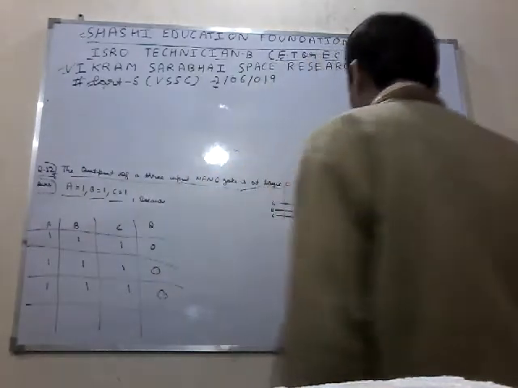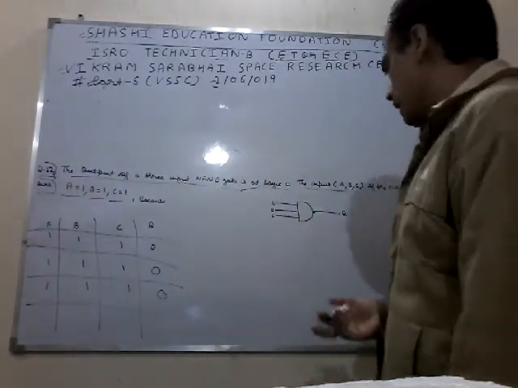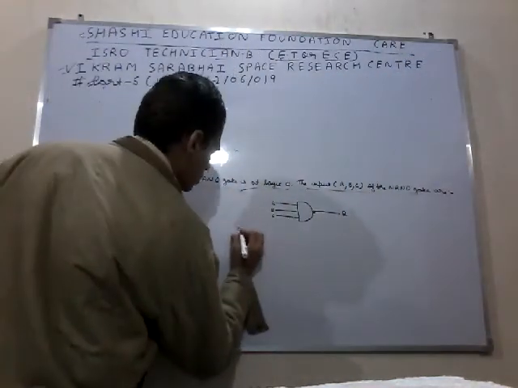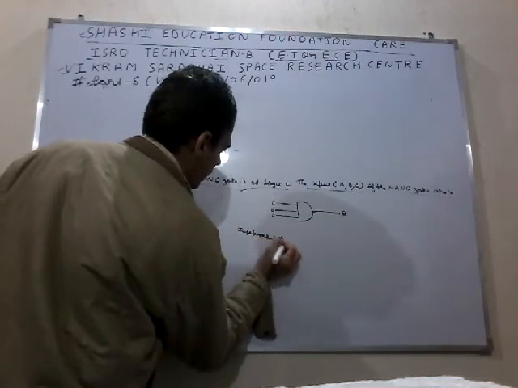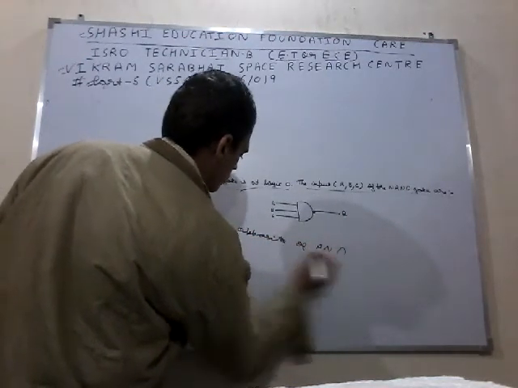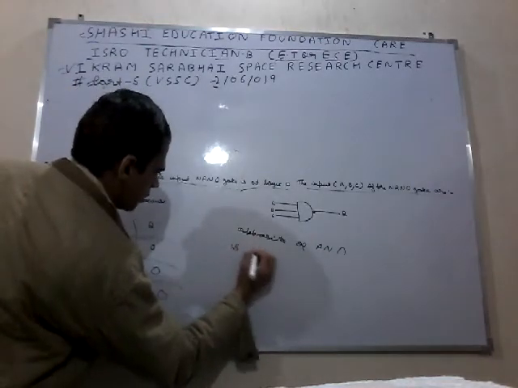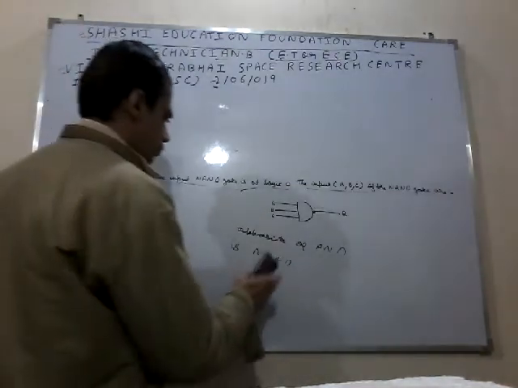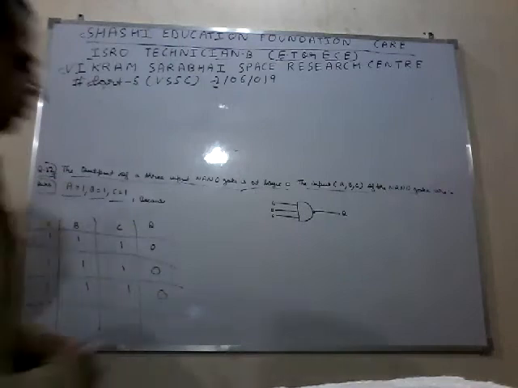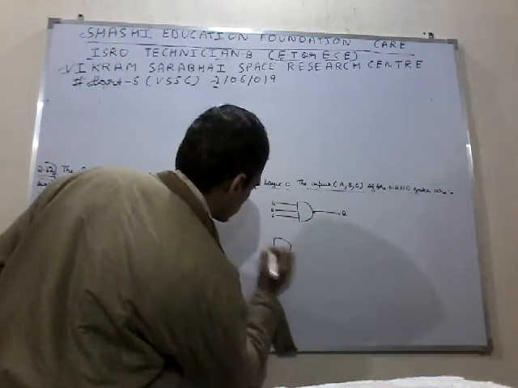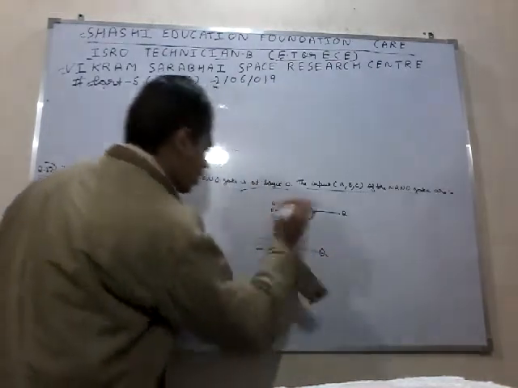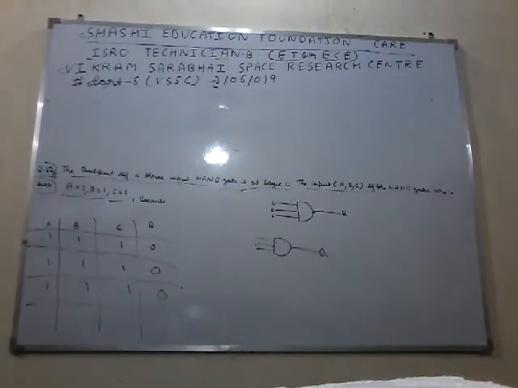All of you know that NAND is the opposite of AND. So according to the AND gate scenario, we make it simply like this: A, B, C, and there is no bubble, then the output is Q. Okay, so here, if this is a NAND gate, what's the output?